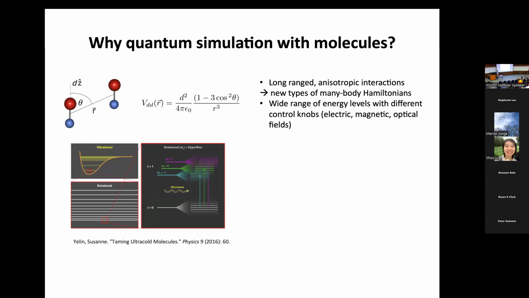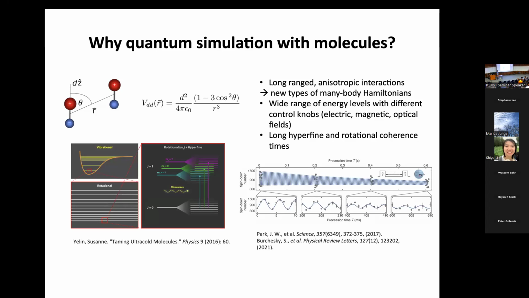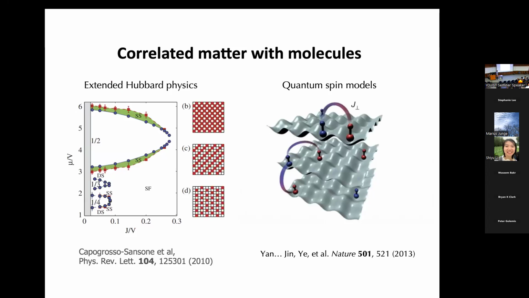Okay, so the coherence between these various internal states like rotational can be very long. They can be on the second scale, so they're good for storing quantum information. And if you're thinking of, for example, quantum computing, these interactions would be a way to do gates. Okay, but I'm more interested in the quantum simulation aspect of this to study condensed matter systems. And there's two things you can do with these molecules. One thing is to just let them roam around in the lattice and interact with each other. And then you would get Hubbard models, but now with long-range dipolar interactions.